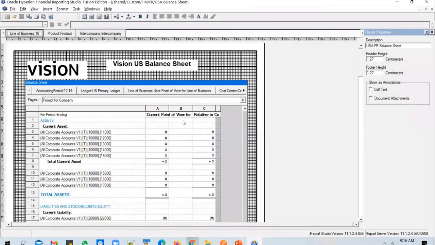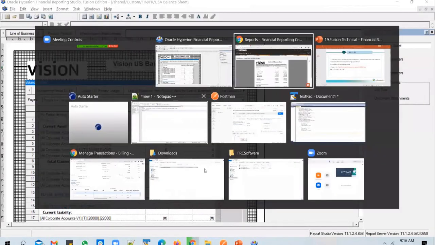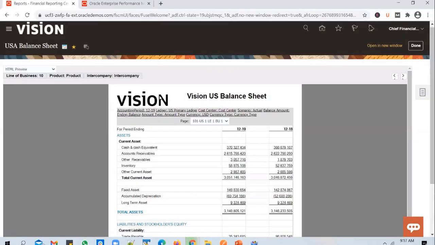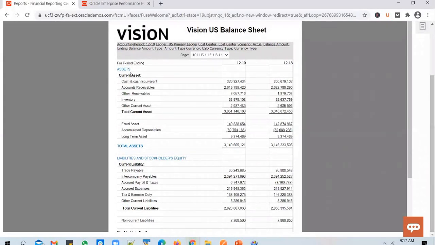And let's try to compare the report definition with the report output now. If you look at the report output first, yes, in an FRS report, you can have a logo and a report heading. Since it's a balance sheet report, a balance sheet typically has an assets section and a liabilities and stockholders' equity section. Even if you look at any balance sheet report published by companies, you will see a similar format there as well. So you will see an asset section, and a liabilities and stockholders' equity section. And under assets, you again have the current assets, a list of current assets mentioned there, along with the balances.